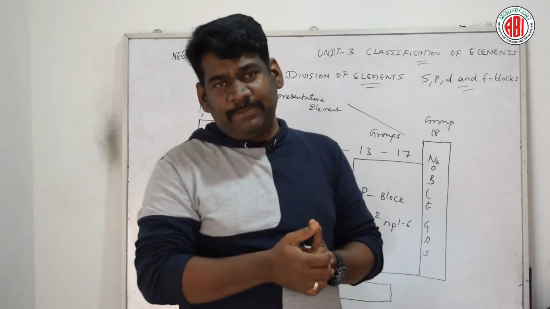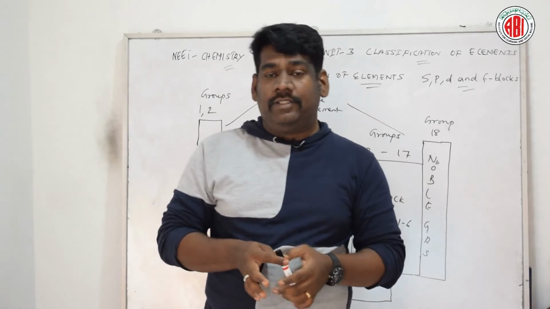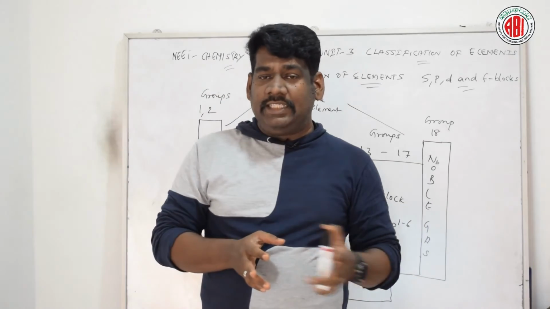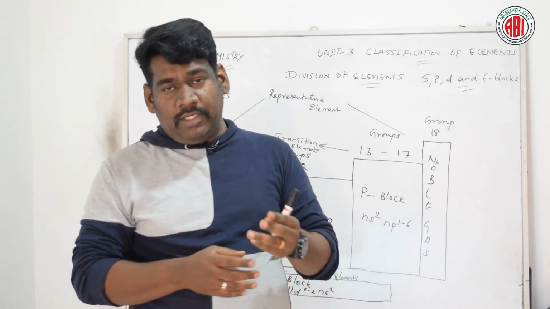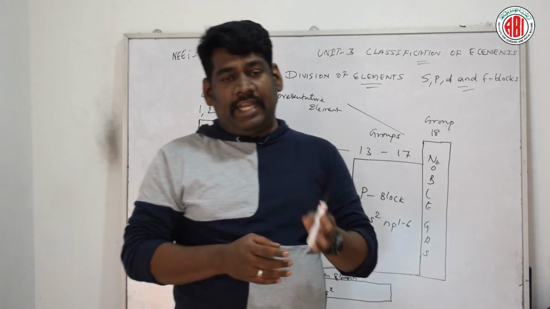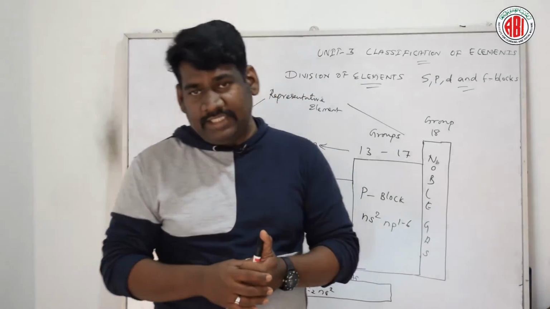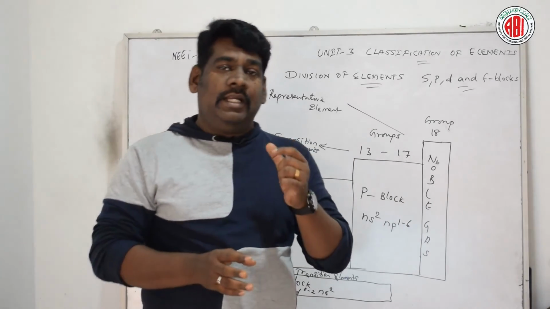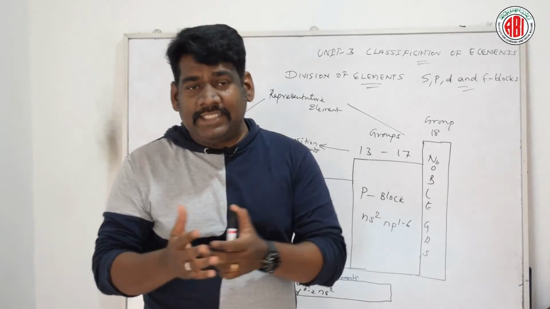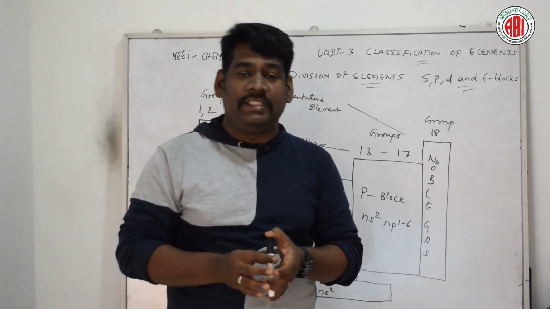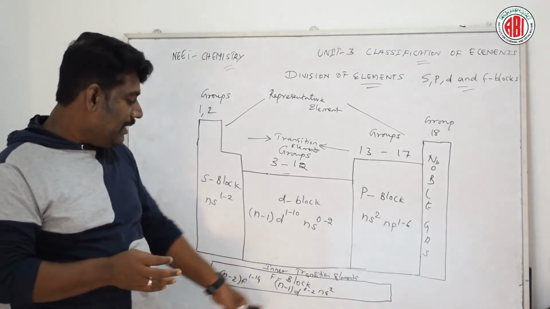Similarly, the second series present in the F block elements starts with actinium and goes from thorium to lawrencium, 90 to 103. The elements present in this series are called actinides. These actinides are by nature radioactive, and as I said, the electronic configuration of these elements is mentioned here.